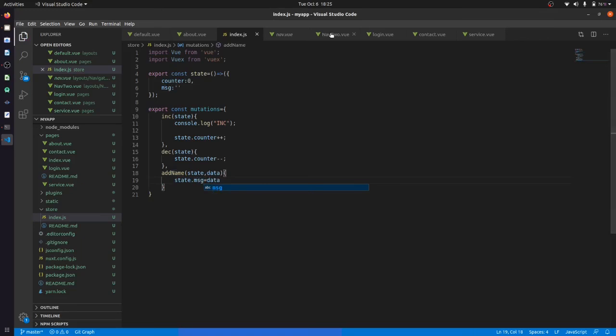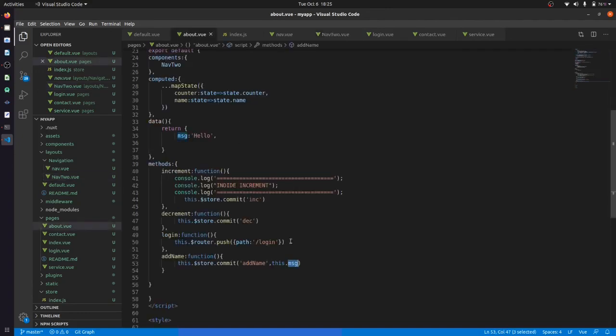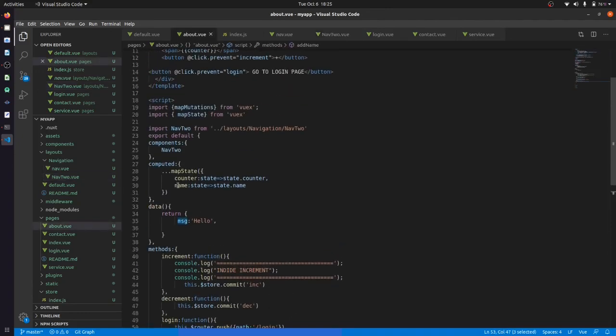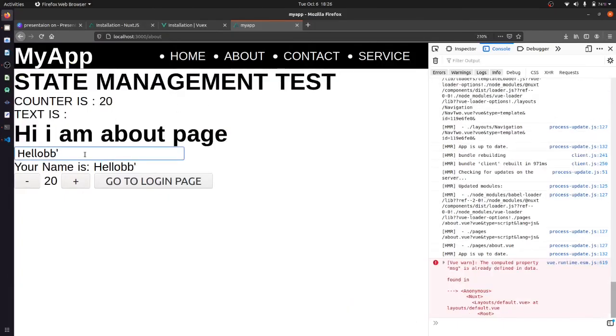MSG, save, and nav to this will be MSG, save. In the about section this will be nav, so let's just MSG, save. One minute, that was right.